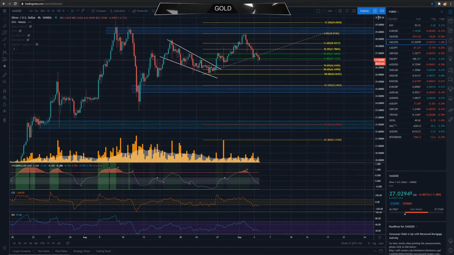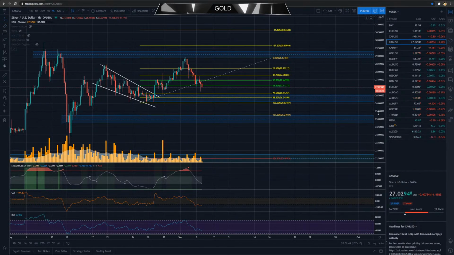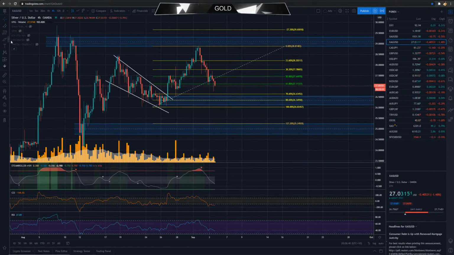And silver, I suggest, would probably do exactly the same thing. We've had one retest of this demand level that I can see, and there might be a little bit of downage over the course of this evening, leading up to that New York London timeframe crossover before we see the same thing on silver. Silver doesn't really move exactly the same way as gold and the DXY does. It is a little bit of its own, runs its own race. However, you can get the sort of gist of things, and you can really gauge the trend if you really look at the USD and gold as well.